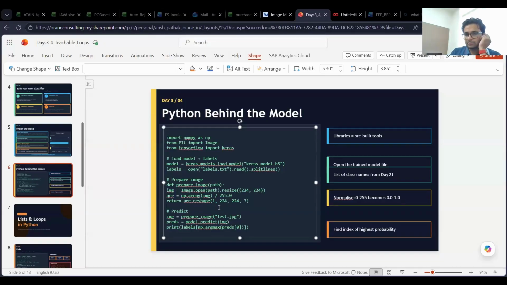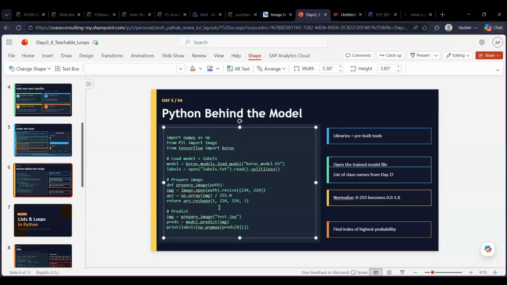There are a lot of algorithms which convert those vectors and decimal values into something that the computer can understand. It's not that we feed these decimals to the computer directly and ask it to please make sense out of it. That's not going to happen. Behind the scenes, a lot of logic and algorithms work around it so that we are able to make sense out of those numbers. Because if we are not able to make sense out of those numbers, then these numbers are useless for us.